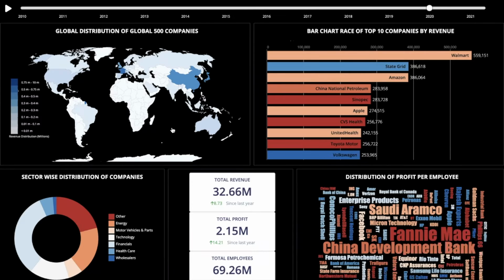So I think Anushka has already shared the details about the choropleth graph and how it is being represented, and also the bar chart race that has been shown here. So now let's go over the charts which are on the bottom section. So one is a sector-wise distribution of companies for given profits. So I think you can see the six sectors, one, two, three, four, five, six, and we have categorized. So there were more than six sectors, but what we have done is we have categorized the others, or maybe more than six. So maybe we have taken the top six ones, and the later ones are grouped into other,